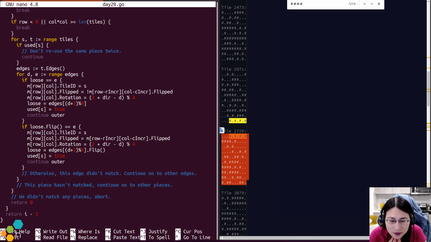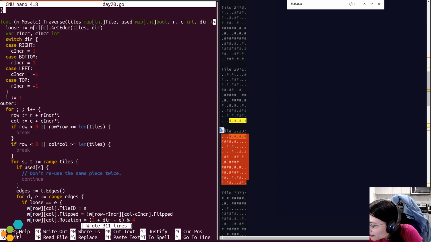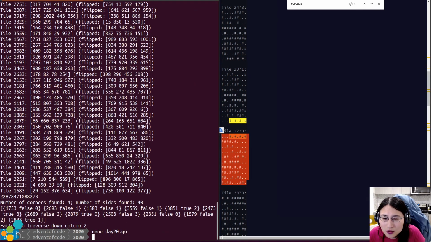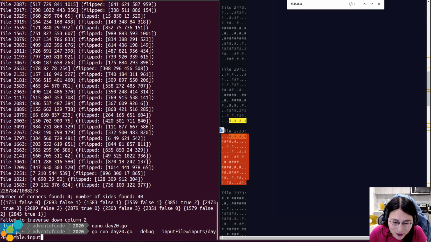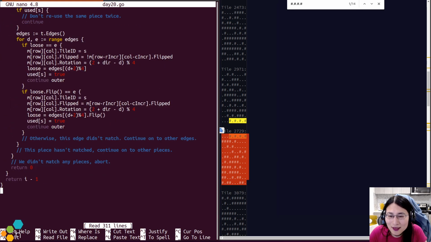There's probably something wrong in here. Going to have to print out these binary values. Okay, well, let's make sure that my example runs on the simple input, because I can at least get that working end to end.